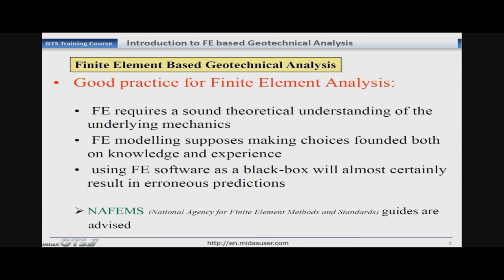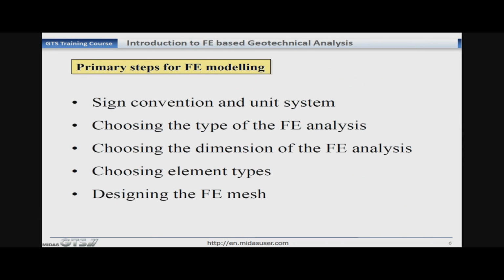So using the finite element software without a basic understanding of finite element analysis and of geotechnical analysis would be a disaster. And that's why, before I go on to the modeling of a structure in GTS, I want to tell you some basics of finite element analysis.